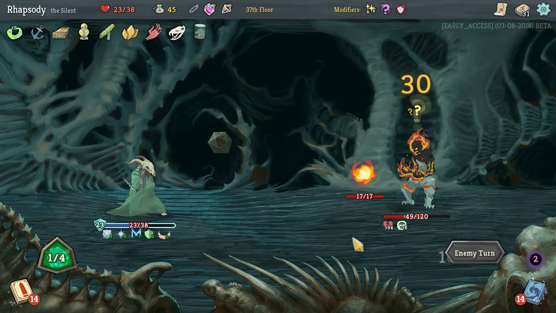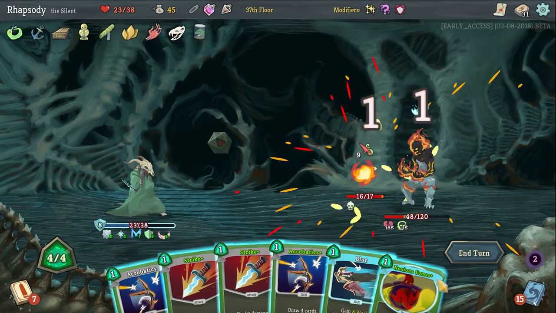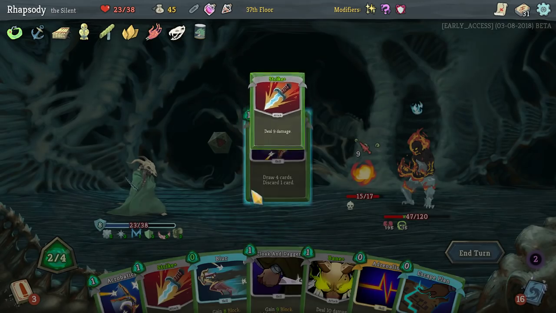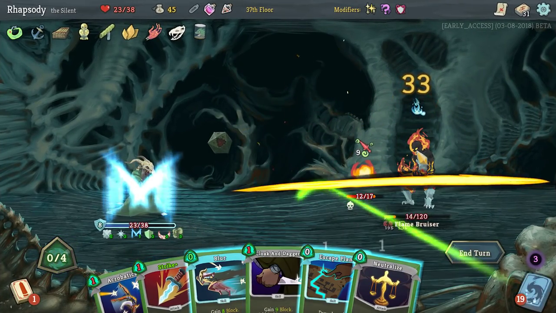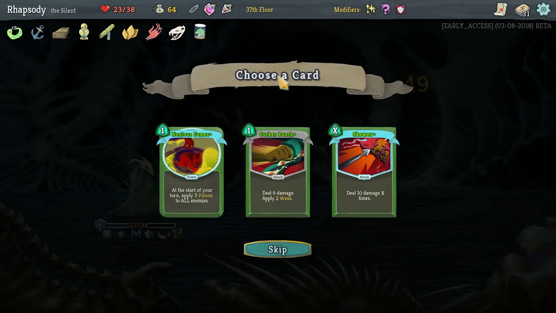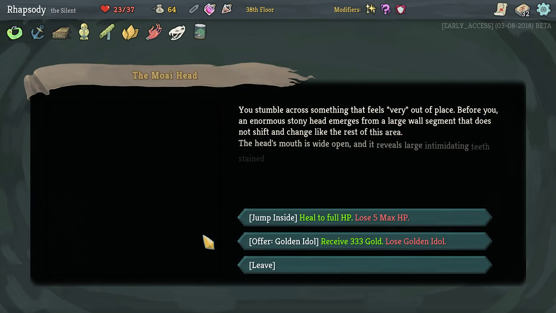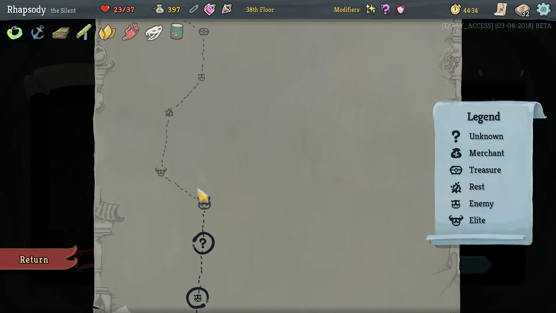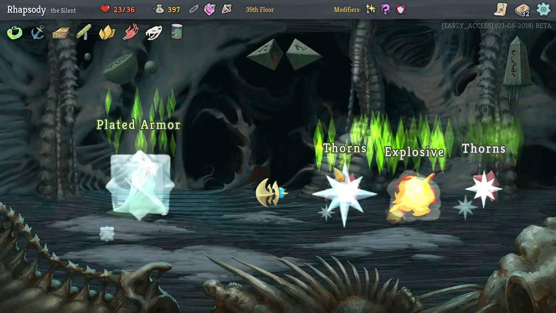Hey. Up. There's the Bane for a ridiculous amount of damage. Easy. Another Noxious Fumes. Sure. Lose 5 max HP? Never. Lose the Golden Idol for 333? Sure. We might not even have a shop later. We've got 2 question mark spaces, each of which could be a shop, but...